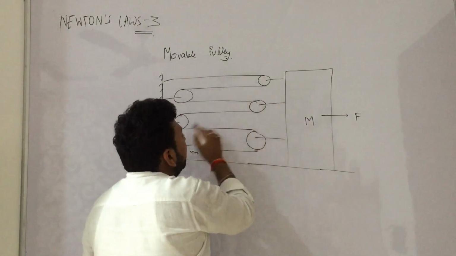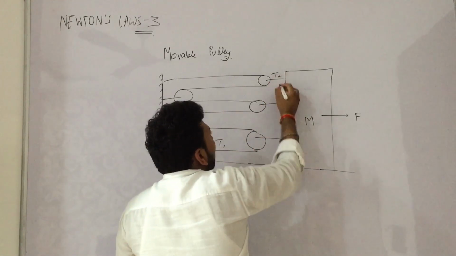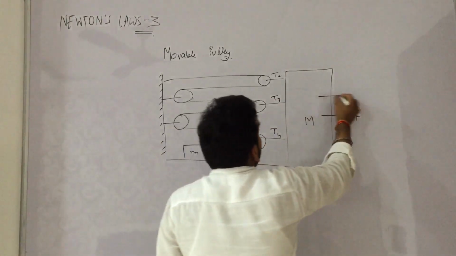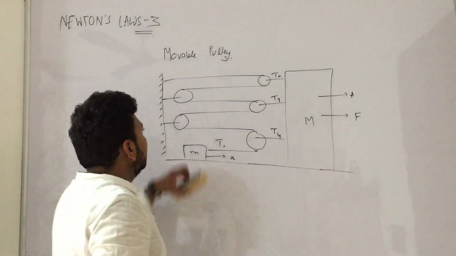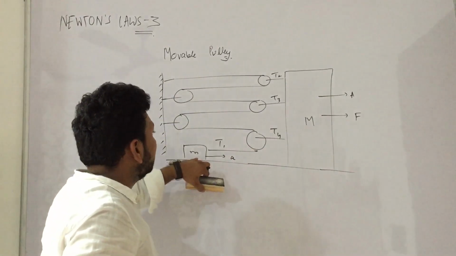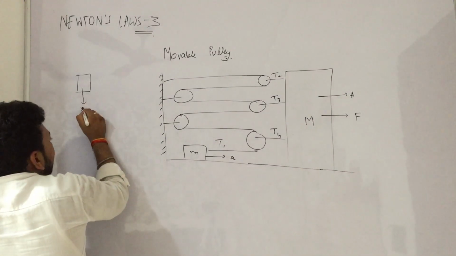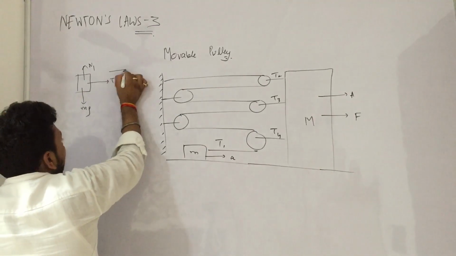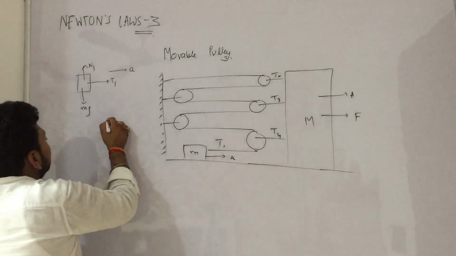This is one string. Tension here becomes T1. This is another, so we have to take T2, T3 and T4. Let us take its acceleration as capital A and its acceleration as small a. These are fixed. Now let us form the FBD of small m. Small m will have mg, N1, T1 and small a. For capital M